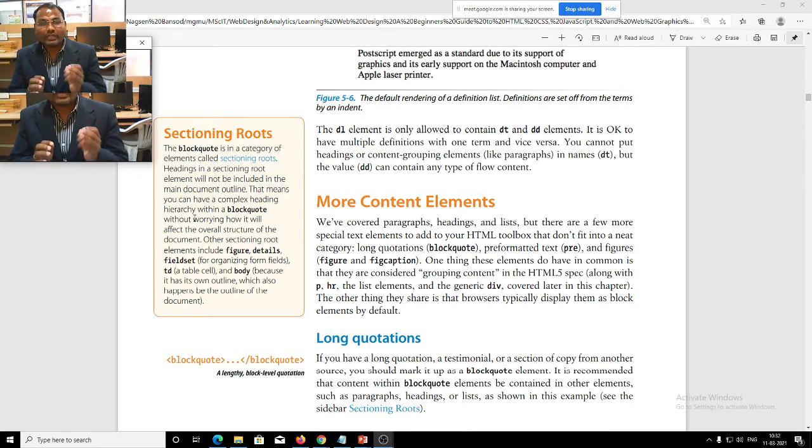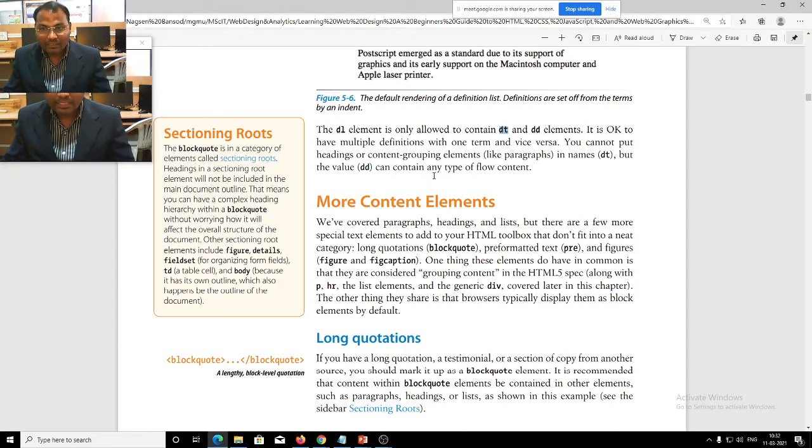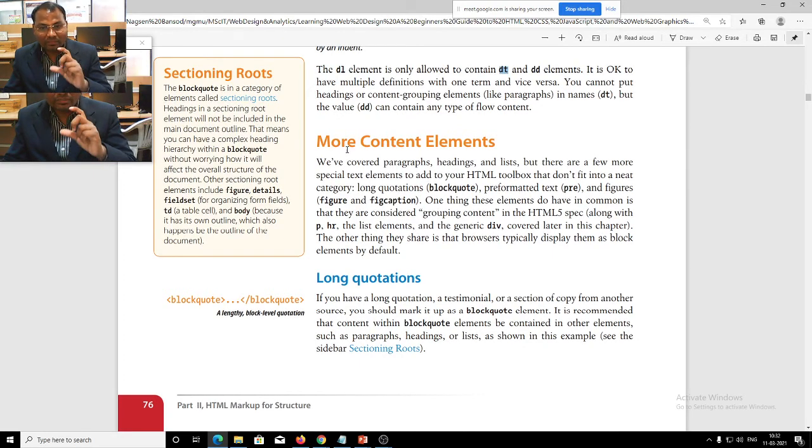Other section root elements include figure, details, fieldset, a table cell, and the body, because it has its own outline which also helps build the outline of the document. Sometimes this is also used in the table tag like table heading, TH, and table data, but in the description list these terms are used as description term, description definition, and description list.